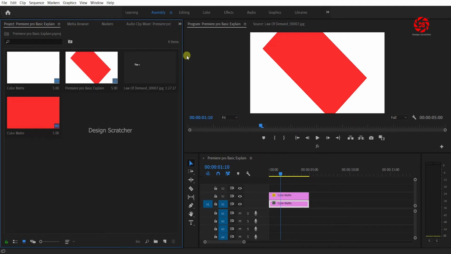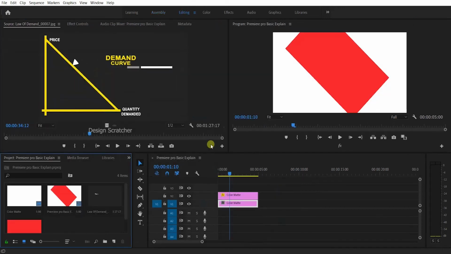Then same for editing also. Editing will be a little bit different, but same for graphics also. Only essential graphics will not be included for the editing field. Otherwise not everything will be here. If you have cut and paste only, you can choose here also.